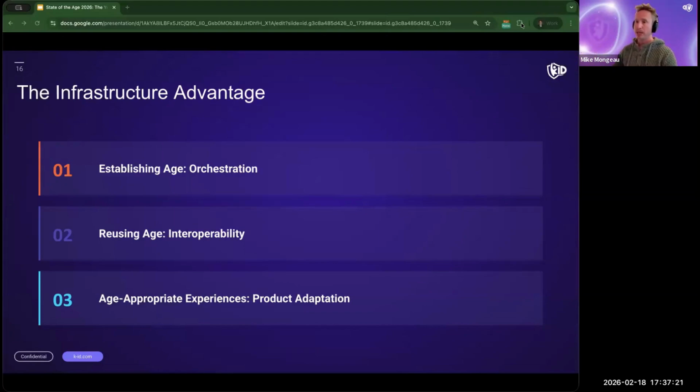So let me tie these 3 layers basically all back together. Orchestration gives you the flexibility to meet any regional requirement, be it the bright line bans or regulated access through age appropriate designs. And the point here is to build that in a way that doesn't require re-engineering. Right? It's just going to be very challenging if you do. Interoperability is about solving the user friction and the problem that otherwise would harm your conversion, and positions you for reusable credentials for an ecosystem that has just arrived. It's now available. Adaptation is where compliance becomes a potential growth and business accelerant, where knowing a user's age isn't a limitation. It's actually the foundation for serving a larger audience with a better product.